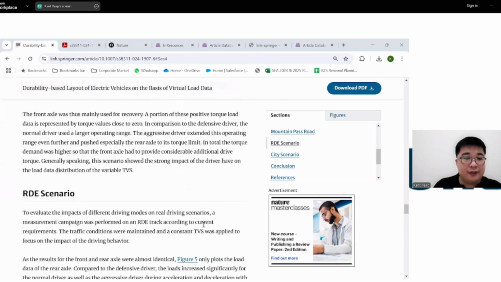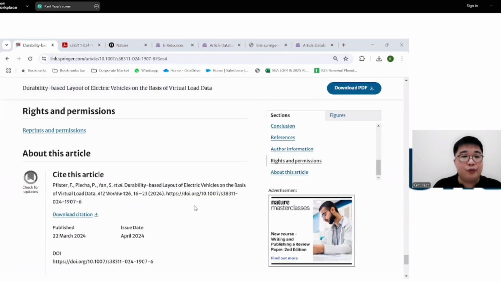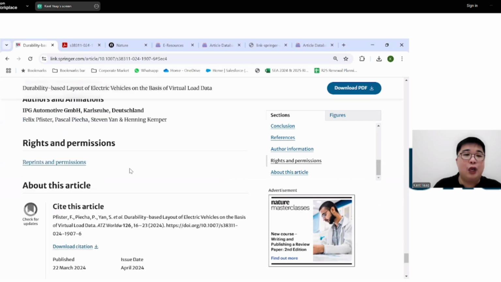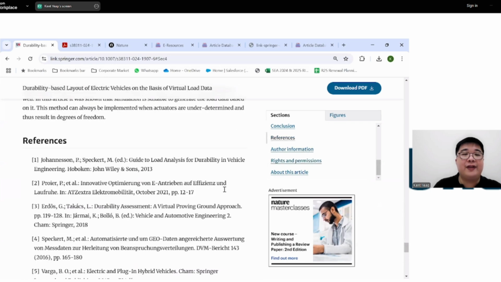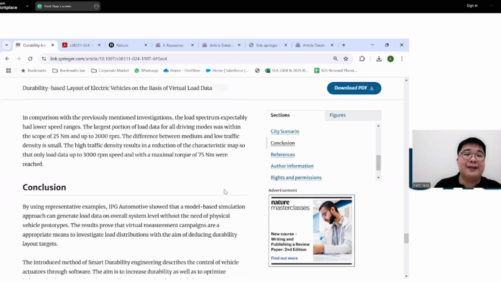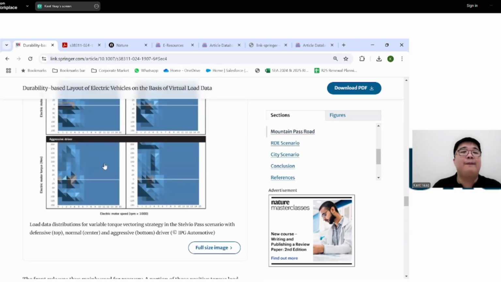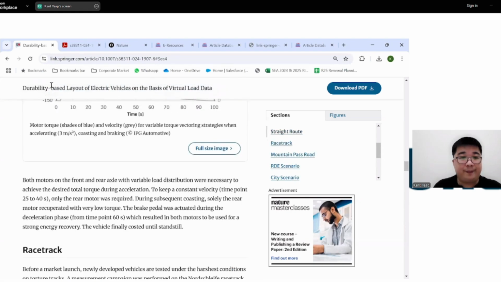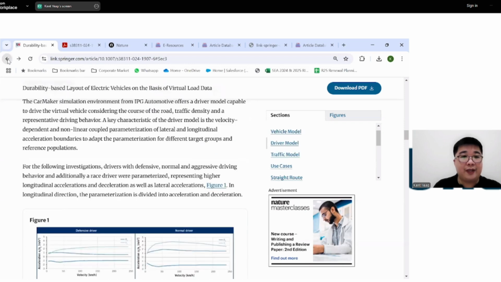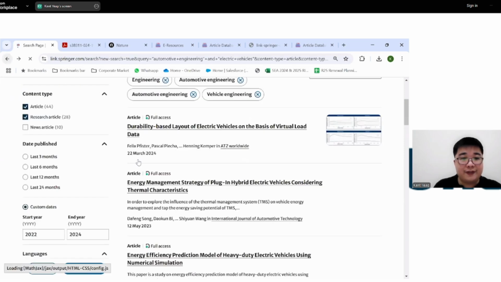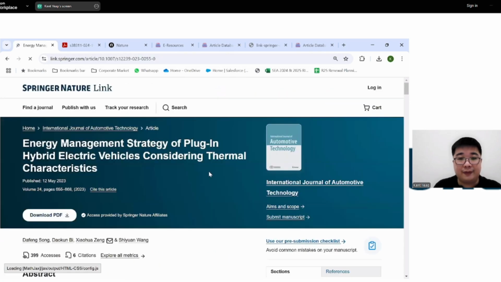Okay, maybe not in this one because this is a bit different, but there is usually a link at the bottom, just above the about this article section, whereby you can get a specific short code URL which you can share with your friends, and when they click on that link, even if they are not from UTHN, for example, they can still view and read the full text as how you are seeing it over here. I can probably try to find a better example of this. So let me try, okay, maybe this one.